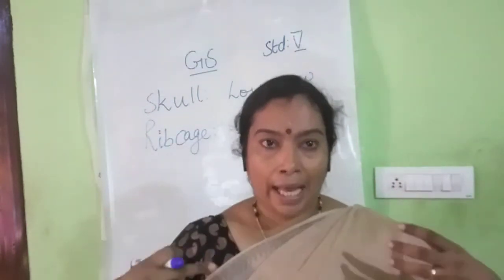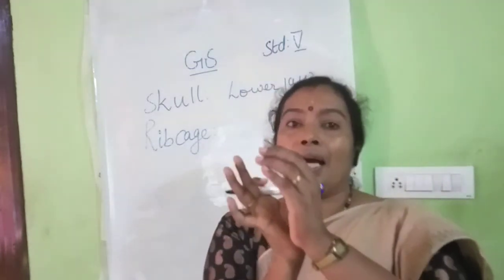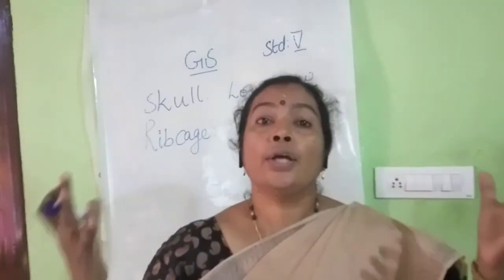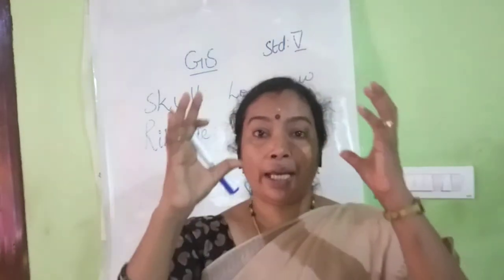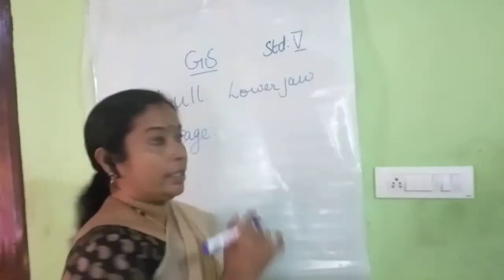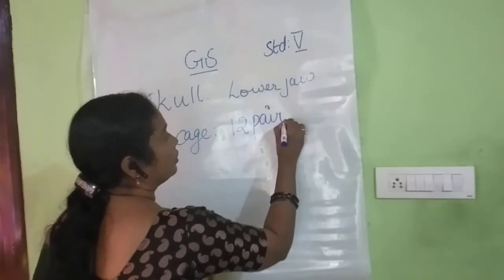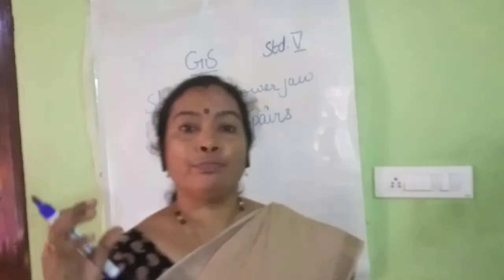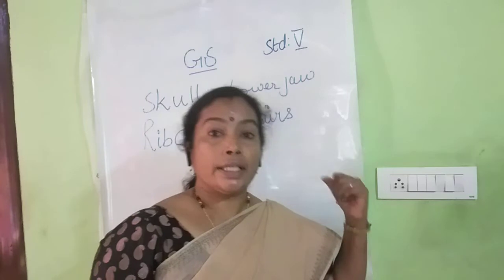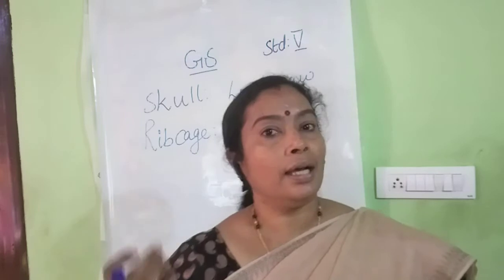On each side, the 6 bones and 6 bones form a cage shape. In this side also and this side also. So totally 24 bones forming the cage shape. So it is called rib cage. In this, 12 pairs of small flat bones are there forming the rib cage, and it protects delicate organs like the heart and lungs,